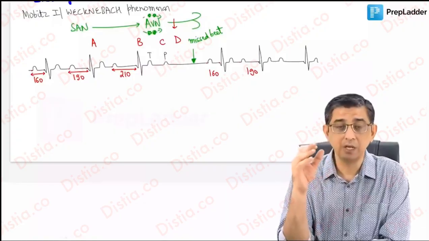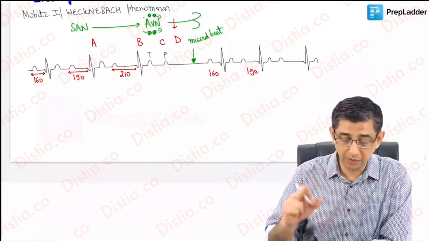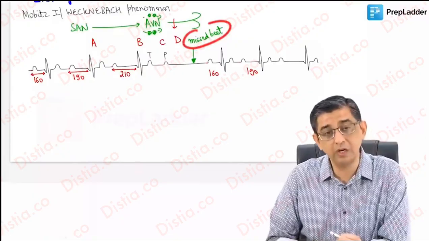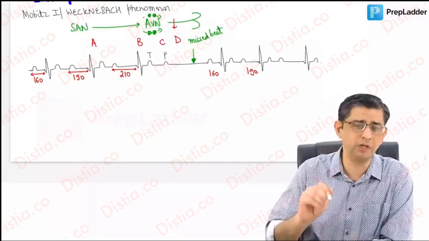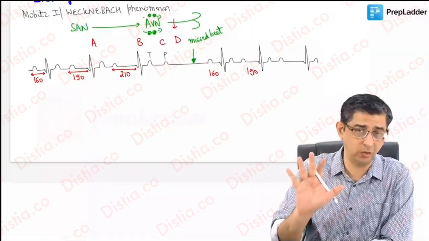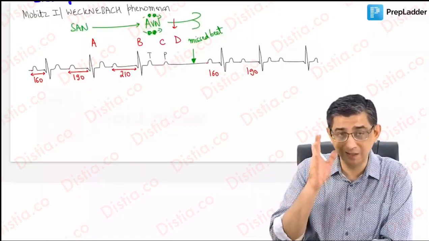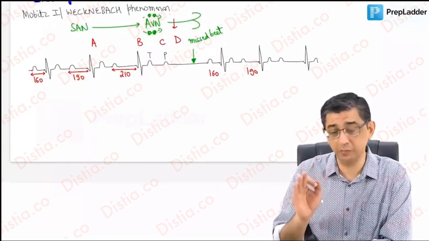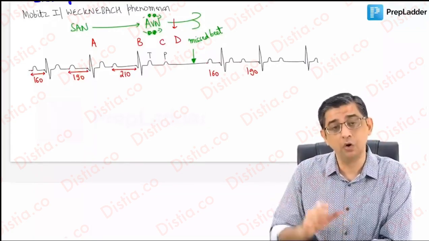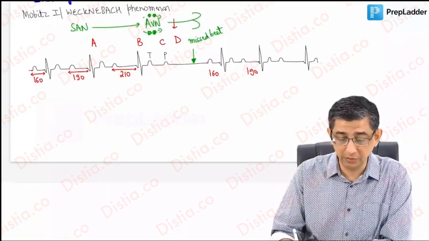So what he says is that the moment you identify the missed beat, listen to this part carefully. The missed beat will usually be given in the exam in the form of a vertical black arrow. This highlights the fact that at this point of time, a QRS complex should have been present, but is sadly missing in this case. All you need to do then is, listen to the words carefully,